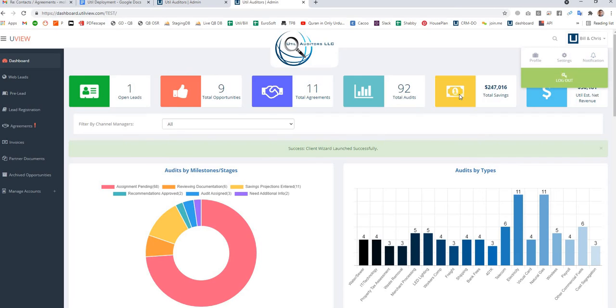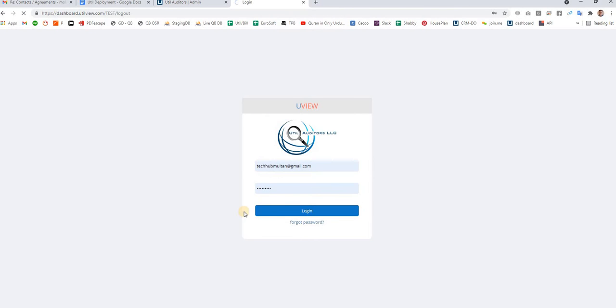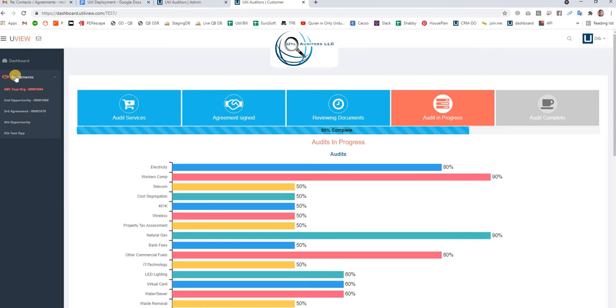Now I'm going to log in with that customer, which is this one, and here for this customer I have generated multiple agreements. This one is what we have just created and launched the client wizard. I have also removed the upload part, as you asked me in the notes.